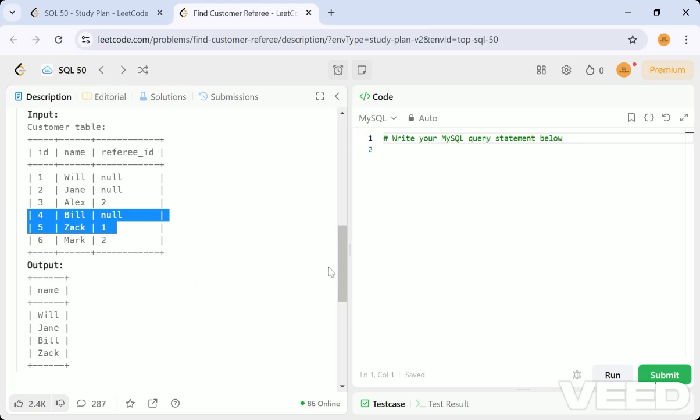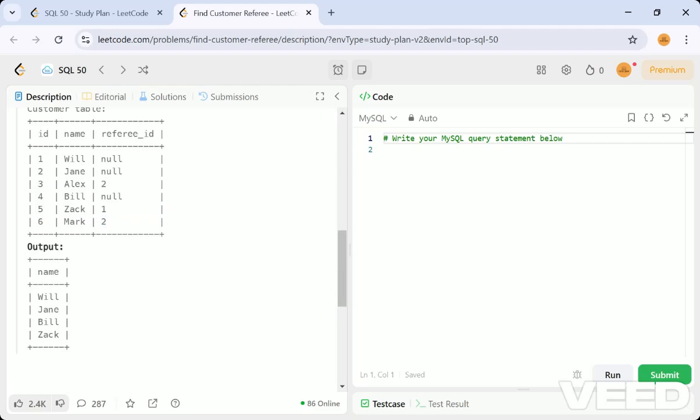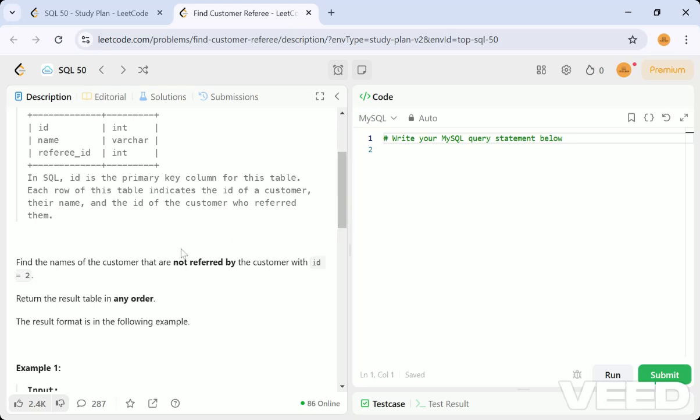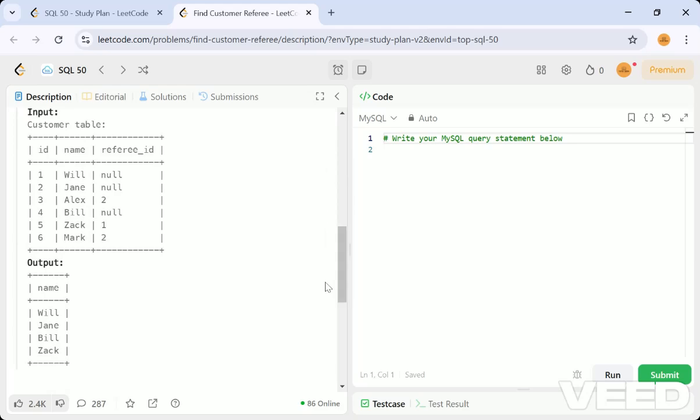That's why we should think in that way also, because by seeing the table we get an idea. Actually, by seeing this statement itself you should think that way. Should not be referred by two means it can be referred by one or by any other id, and the persons who are not referred by any id should also come.